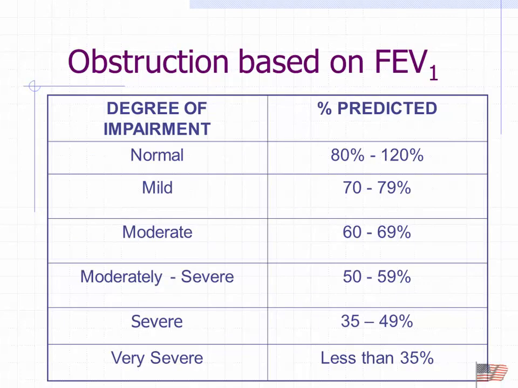We said that normally 80 to 120 is considered normal, and then you have mild, moderate, moderately severe, severe, and very severe. We'll talk more about why those make a difference in a sec. But the FEV1 is considered to be the lung number. Know your lung number,